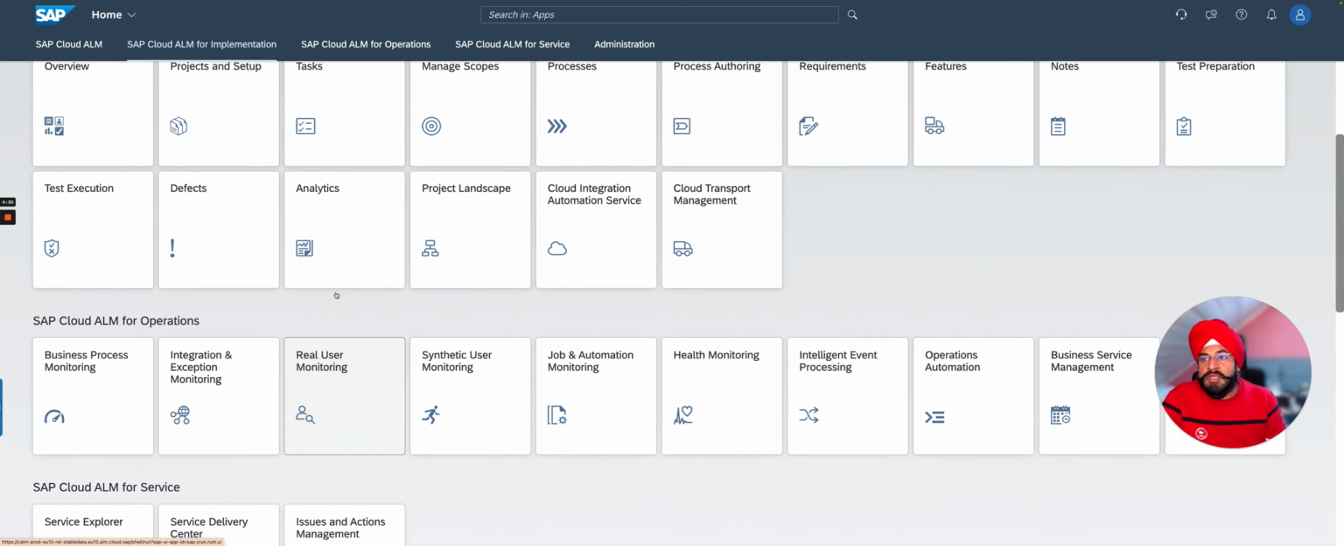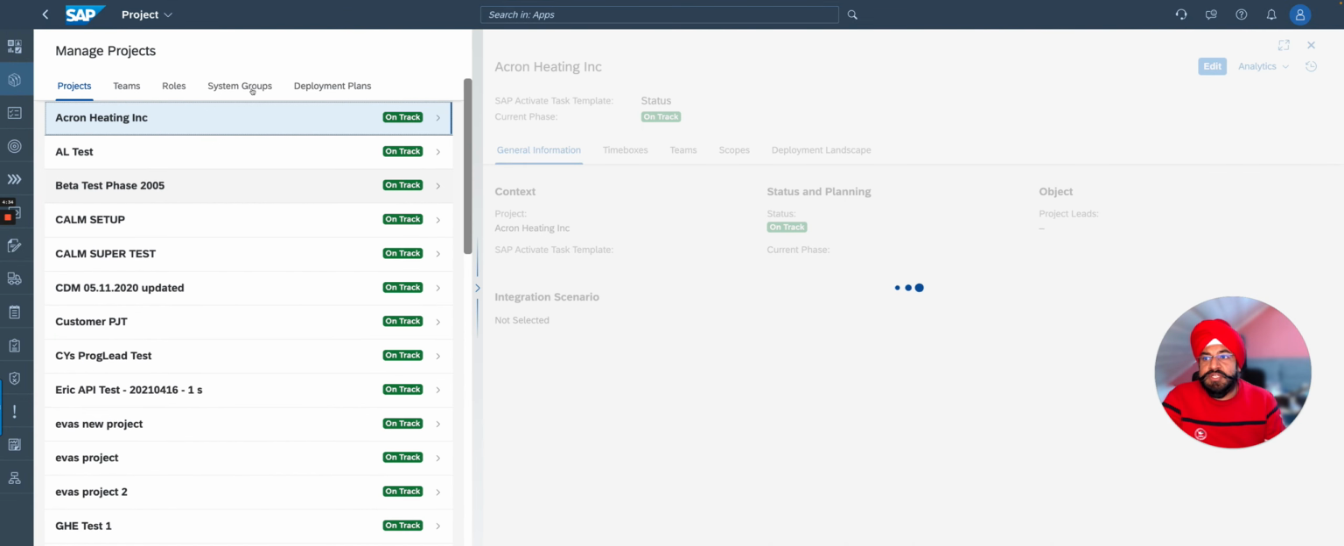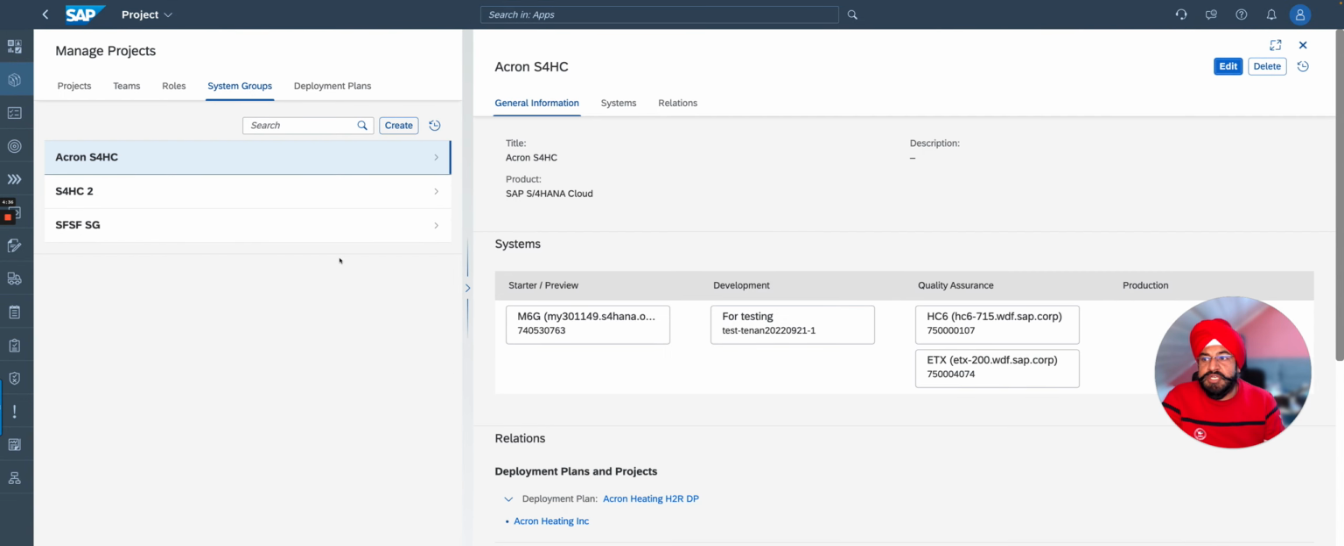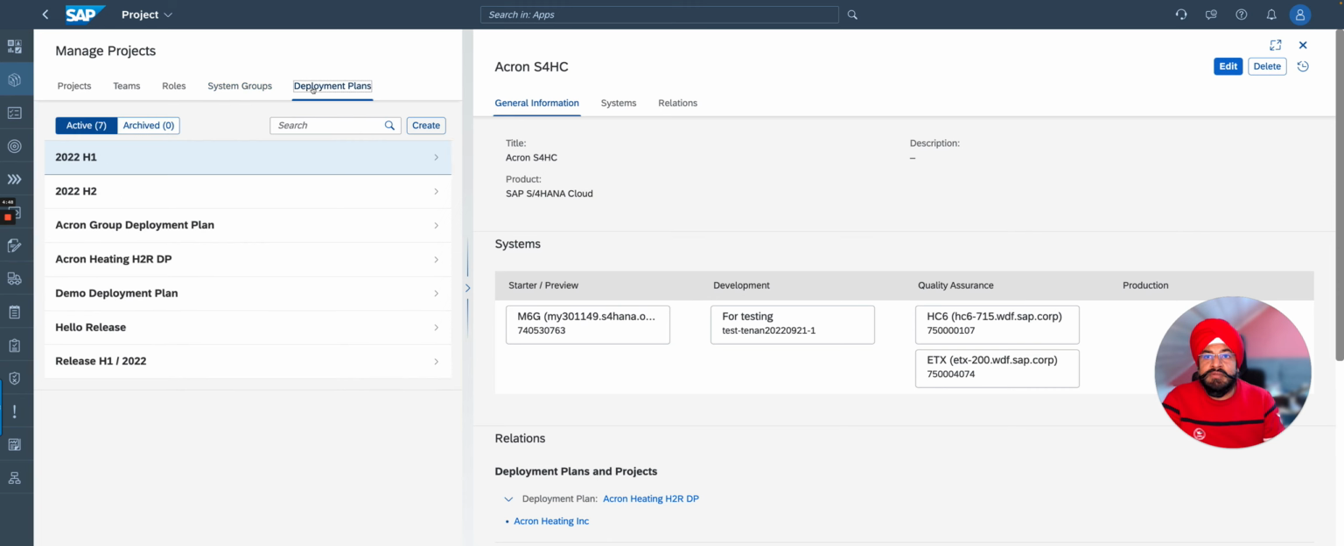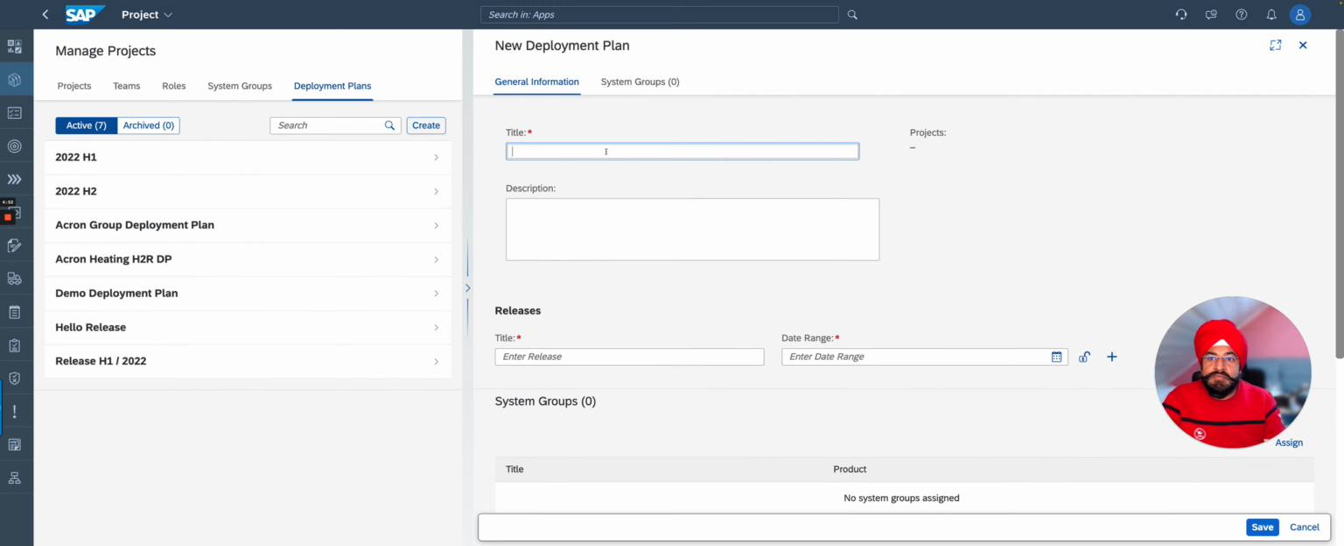Okay, so after we are done creating the system groups, let's see what the subsequent activities are. I create my system groups belonging to multiple product lines, but if I want to use them together, what is the higher aggregator entity? That entity is called a deployment plan. The deployment plan has multiple purposes. It caters to your landscape information as well as your timeline information. And also